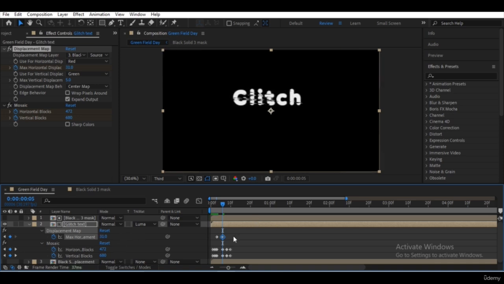Increase the max horizontal displacement keyframes slightly, and then type 0 again at the end.